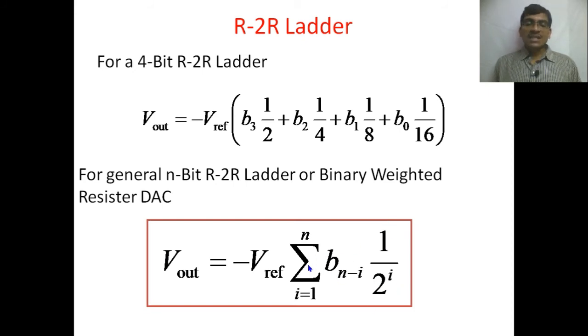So by substituting the i value from 1 to n, we can get the different values of the bits and the different values of the resistance, and this looks like the standard equation we have seen for the digital to analog converter. So we can say this R2R ladder network works like a DAC, okay, by using only the two values R and 2R. These two values of resistances are enough to develop any number of DAC.